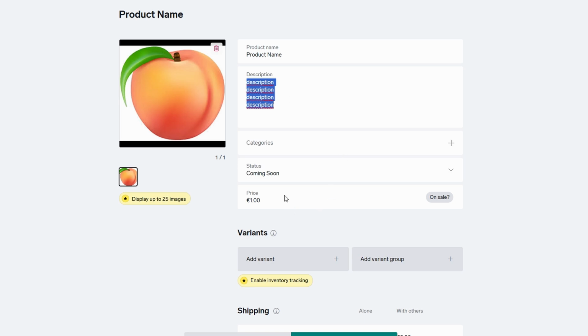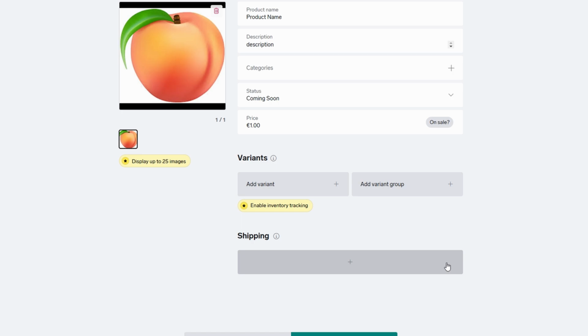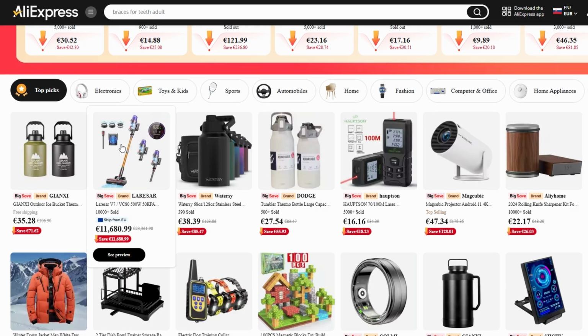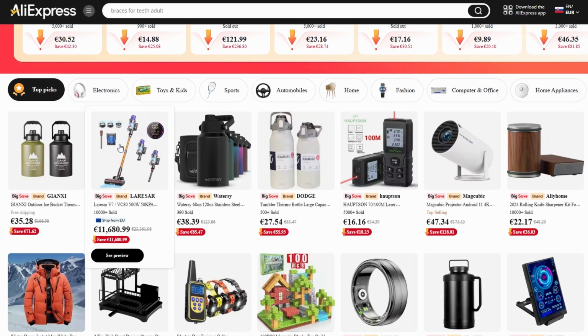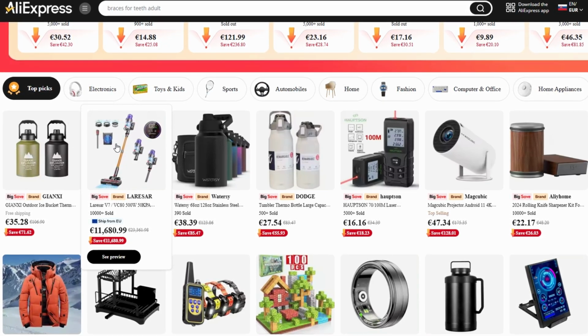With Big Cartel, you can easily start a dropshipping business by sourcing products from platforms like AliExpress, Spocket, or print-on-demand services like Printful and Printify. It's a fantastic way to run a store without needing to manage inventory or deal with shipping logistics. To get started with dropshipping on Big Cartel, head over to platforms like AliExpress or Spocket and search for products that match your niche. For example, if you have a fitness store, you might find yoga mats or resistance bands